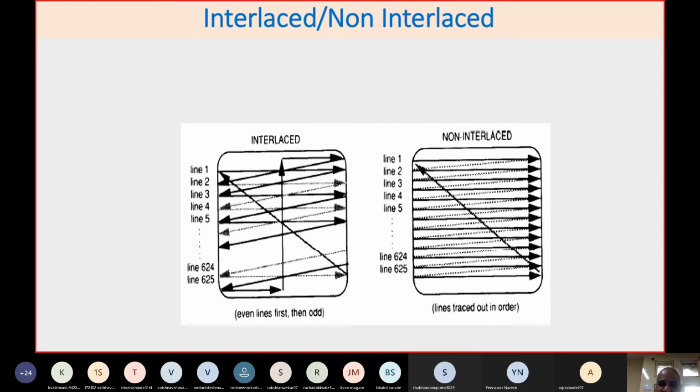a picture is entirely different from the principle used in TV. Displaying a picture on TV and displaying a picture on a monitor are entirely different, because displaying a picture on a monitor is a local aspect. Locally you are generating this data and giving it to the monitor, but in TV you are actually transmitting the signals from the broadcast end, and you are receiving them on your TV.